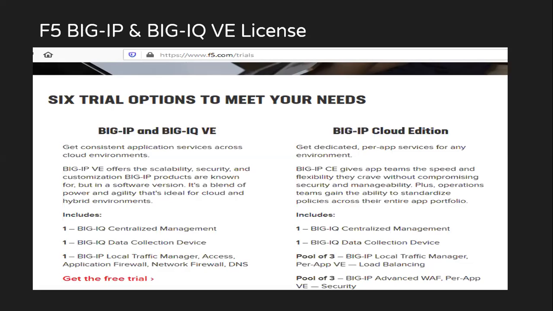So once you click on get the free trial, you will see an option to request 3 different licenses. One will be for BigIP, one will be for BigIQ centralized management, and one for BigIQ data collection device. We need all these 3 to set up our environment.